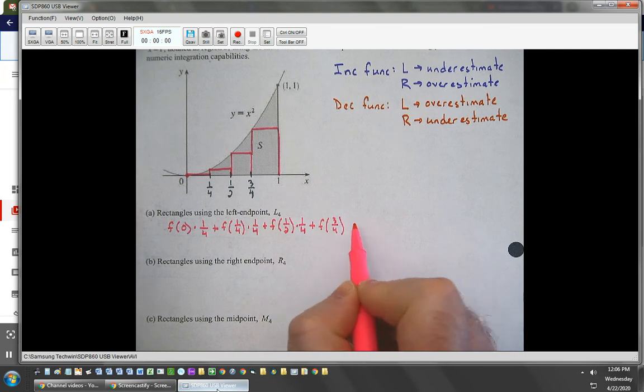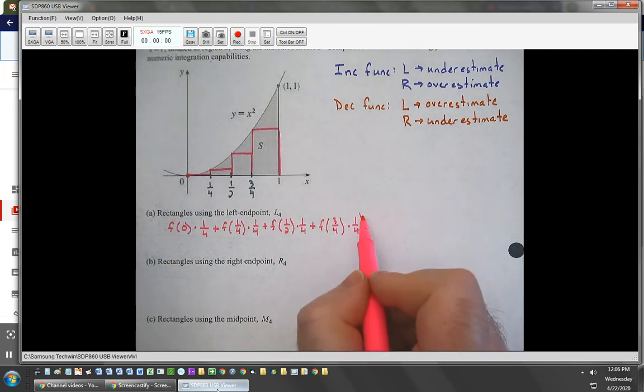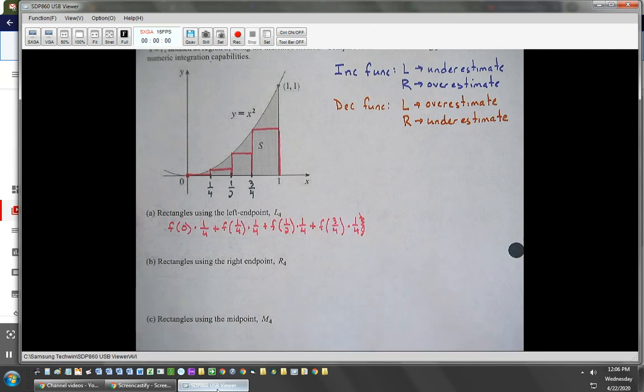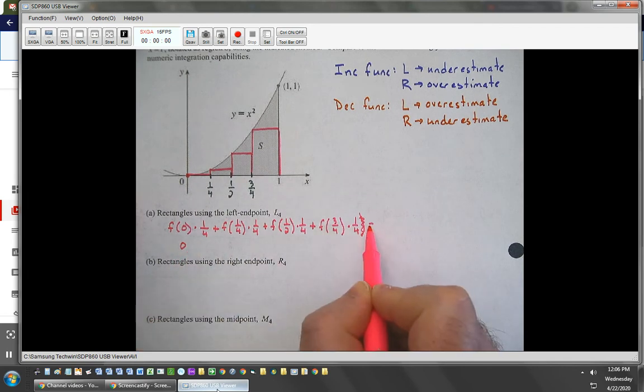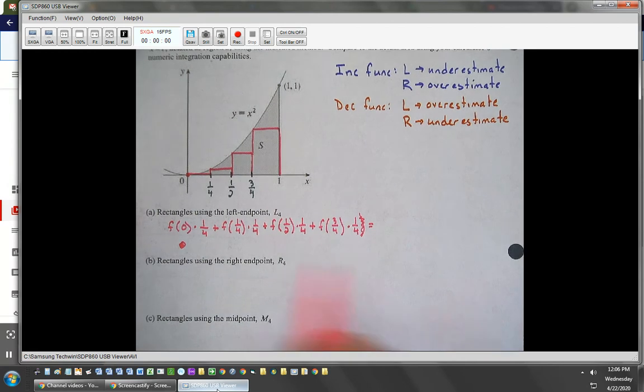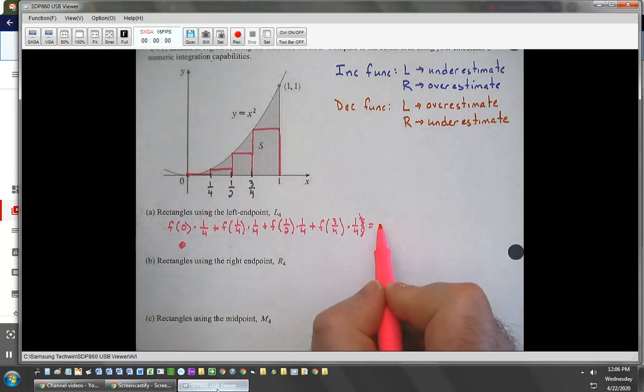It's the function value at 3/4 multiplied by 1/4 again. Okay, so let's clean this up. What's f of 0? Well, that's 0. Now let's go over here and do that. So f of 0 is a height of 0. So that would be 0 times 1/4